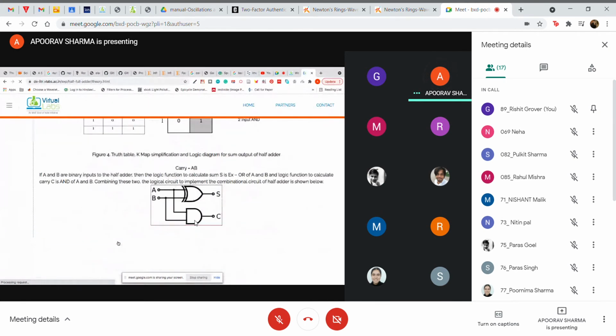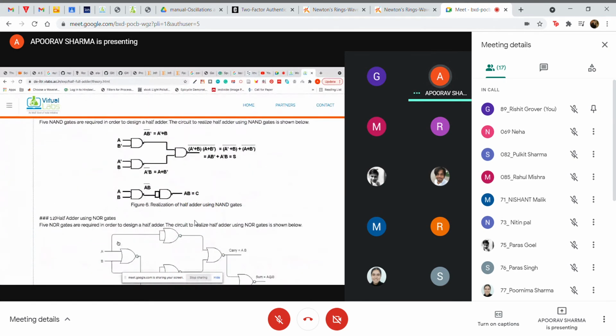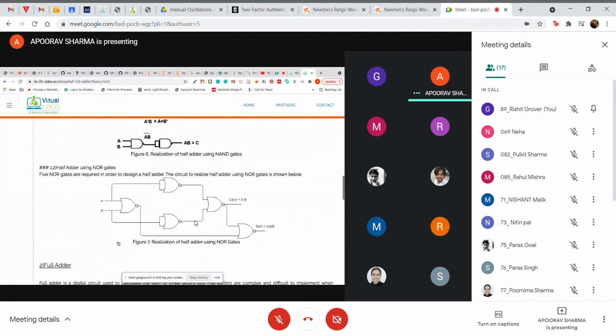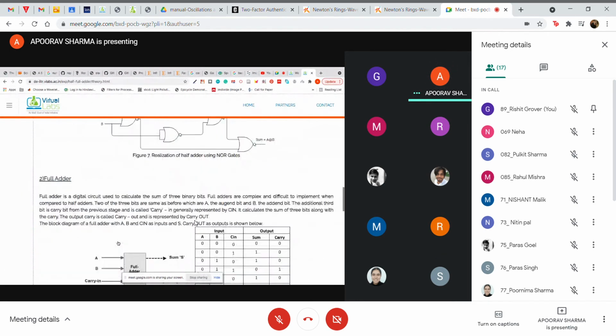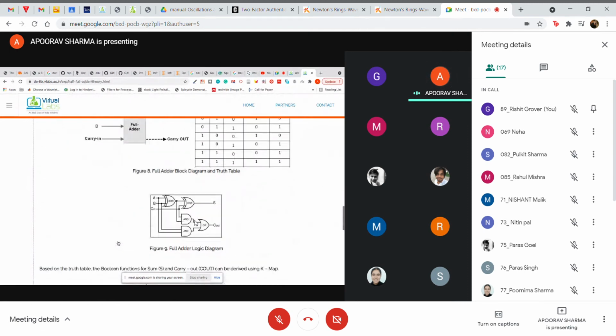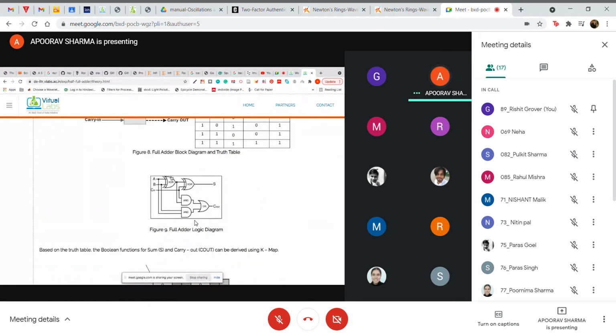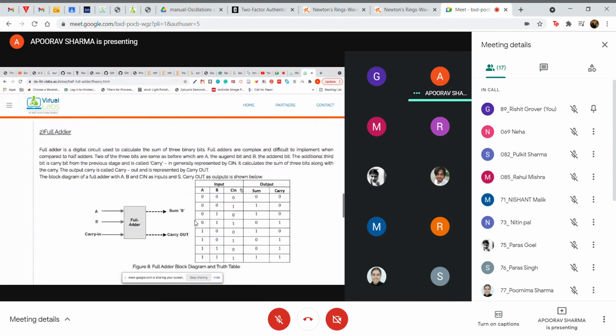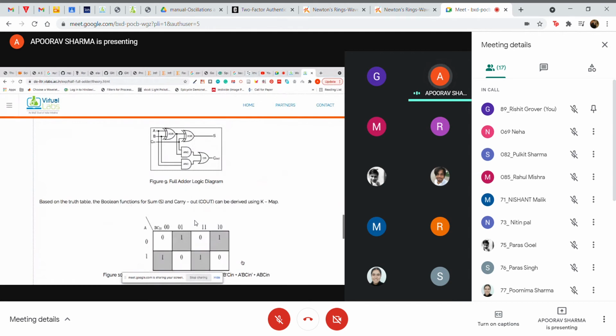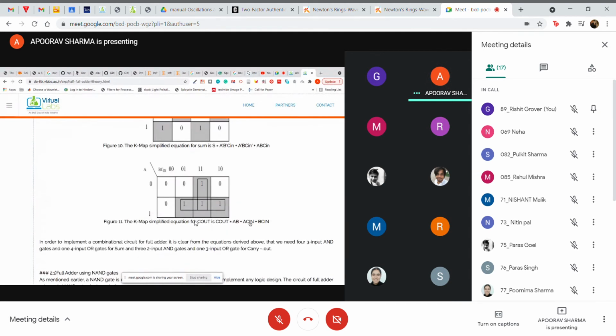Okay. So you are asking about the full adder expression, no? The circuit of full adder. So this is your output: A XOR B XOR C. Okay. So here two input XOR gates are used. There is one sum output and one carry output. So the expression for carry output is this: AB, BC, and CA.